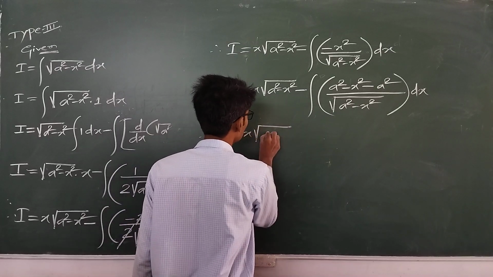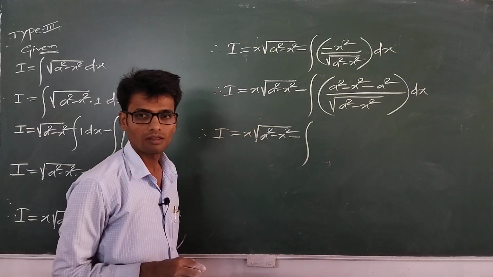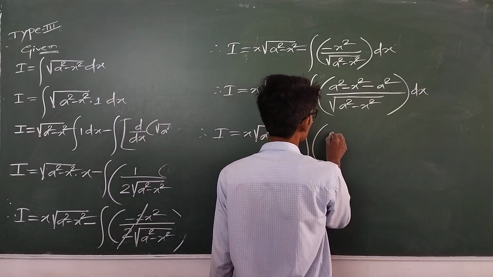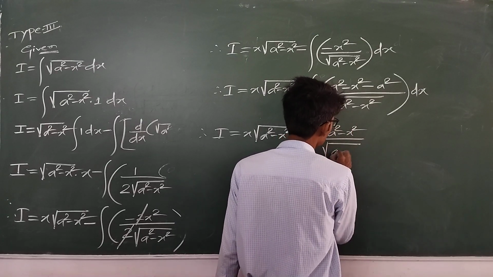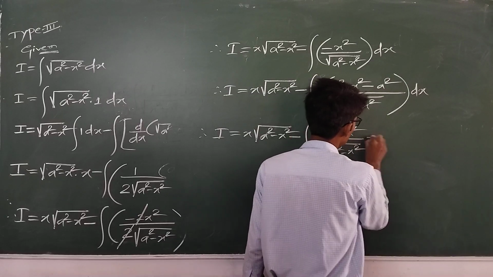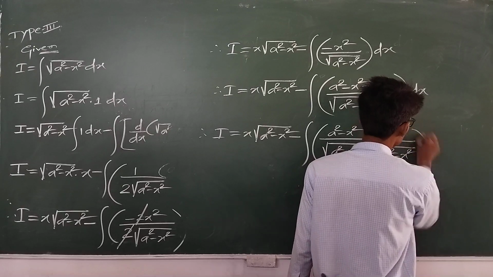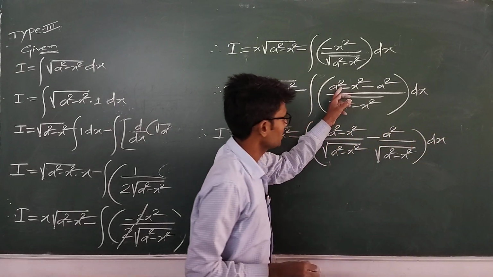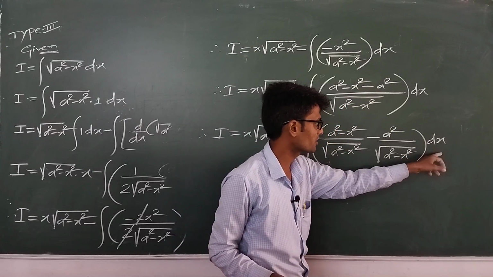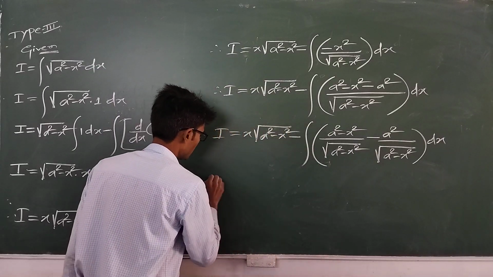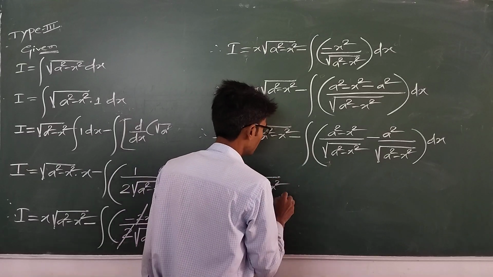So now I'll write the value of I. I is equal to x into square root of a square minus x square minus integration of a square minus x square divided by square root of a square minus x square, minus a square divided by square root of a square minus x square into dx. See, a square minus x square divided by square root of a square minus x square is written, minus a square divided by square root of a square minus x square into dx is written. So now I equal to x into square root of a square minus x square as it is, minus